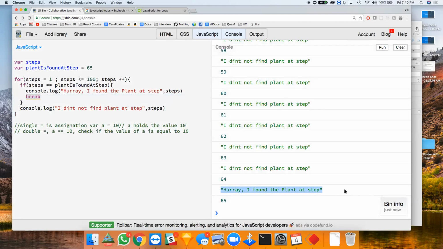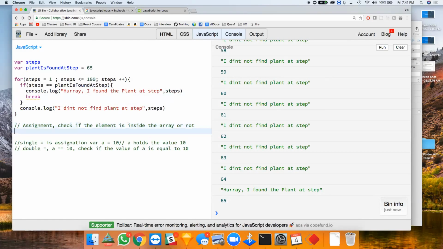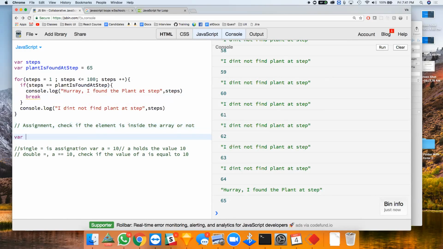No, Vikram. Okay, so you guys have to help me write a for loop probably on the Monday to check if the element is inside the array or not. Here's the second assignment. Assignment: check if the element is inside the array or not. For example, you remember we had an array, right? Where array cars is equal to,